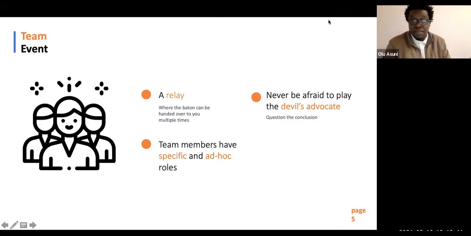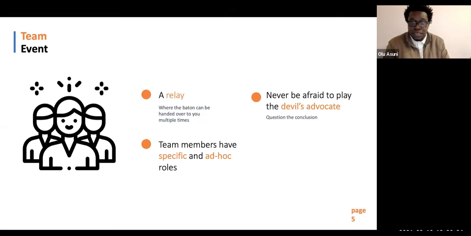So it's a team event like no other, but I'm sure that it's similar to some of the things that you're used to as business analysts, who have had to wear multiple hats at different times, and sometimes at the same time on a single project. So usually I find that in a design thinking exercise, it's a relay, but the baton can be handed over to you multiple times. You are the product owner / business analyst. You are the philosopher, you are the designer, and it goes back and forth. And for a successful exercise, it's important that we embrace the dynamic roles with both hands and without complaining.